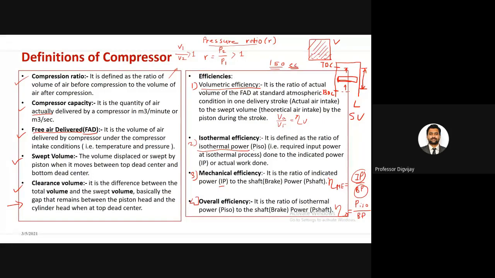So if you have any doubt, please ask. Because these definitions you have to keep in mind, and based on these definitions, whatever theory we'll study in the next chapters or next lecture, we'll just briefly mention these words. In the theory you will learn ahead, there will be a light mention that the swept volume is this, or the compressor capacity is this and that, isothermal efficiency, calculate the mechanical efficiency. So simply they will use these words, but what is meant by these terms, that you should know first. If you have any doubt understanding these terms, please let me know. Okay.